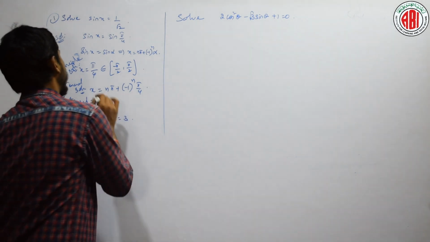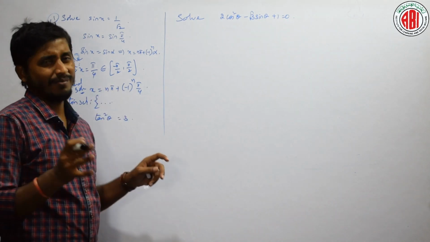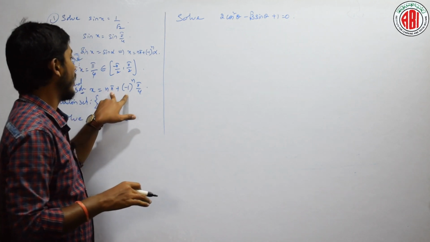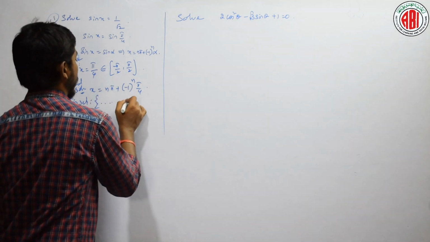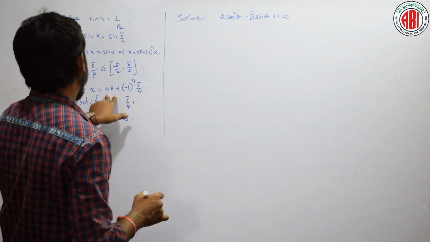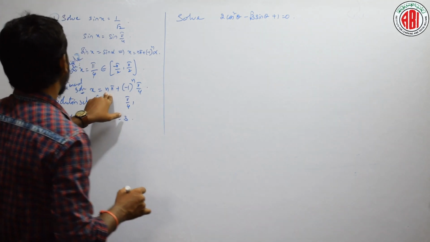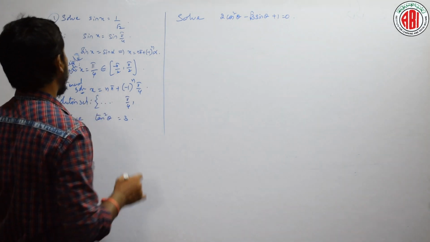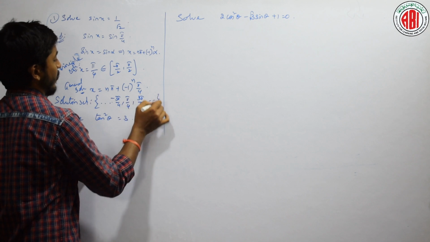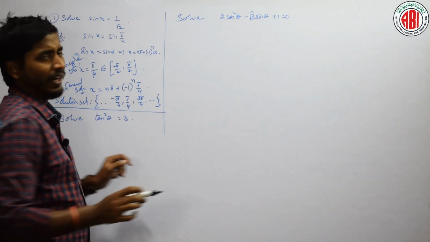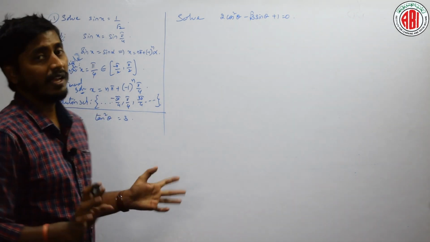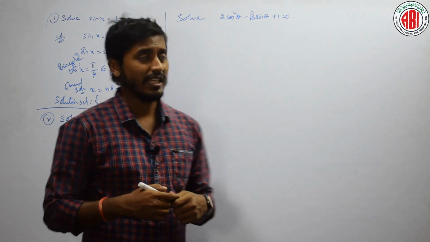Let us assume we have started from somewhere. Let us write some 3 values. Let us assume n is 0: 0 pi plus minus 1 whole power 0 times pi by 4 is pi by 4. If it is minus 1, it will give minus 3 pi by 4, and one more is 3 pi by 4, and so on. This is a simple solution set. You need not write all these things for all the problems. The principal solution and general solution are enough. Is it okay? Shall we move on to the next thing?